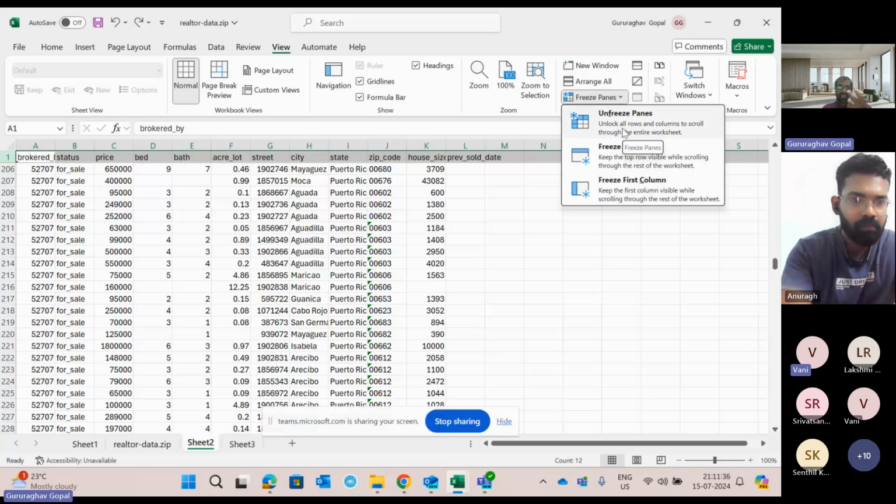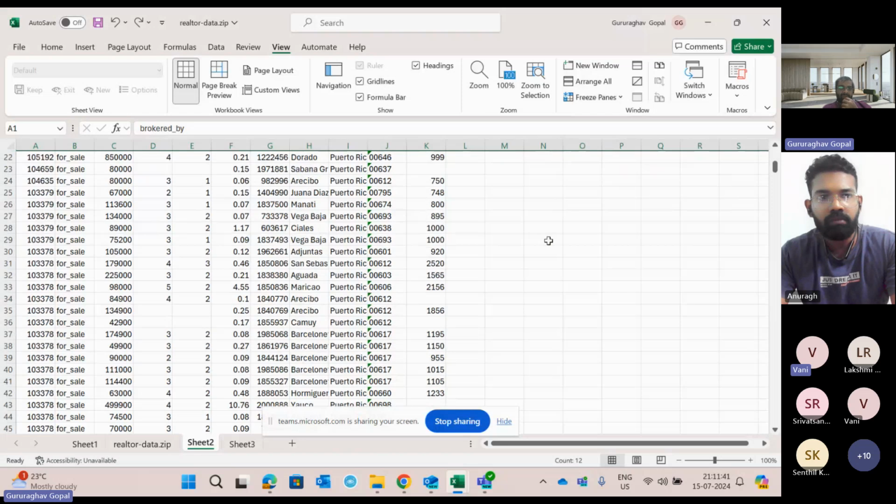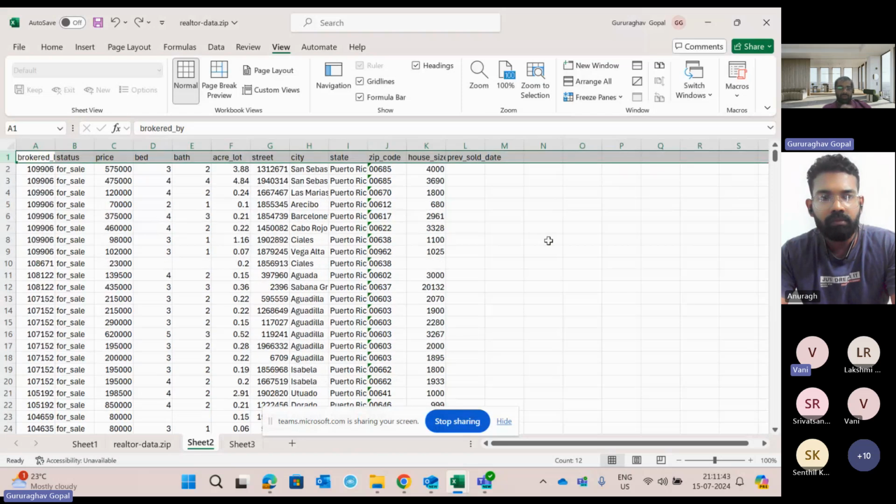Unfreeze panes means the header will be moved. Once I scroll, everything will go, in the sense that the headers will go. So this gives me another important thing. The next important thing is